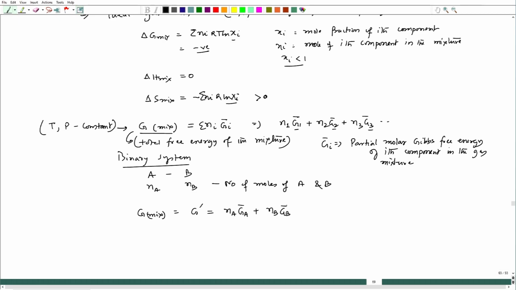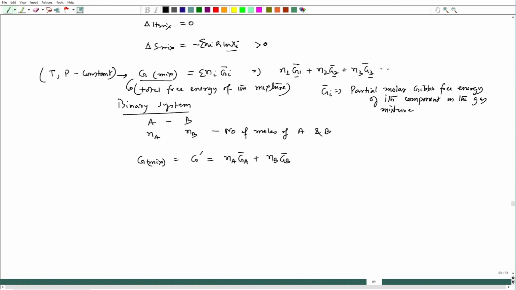Now, if I differentiate this, G mix, which can be termed G prime, equals Na Ga bar plus Nb Gb bar. This is basically the total free energy of the mixture. So if we differentiate, it will be equal to Na